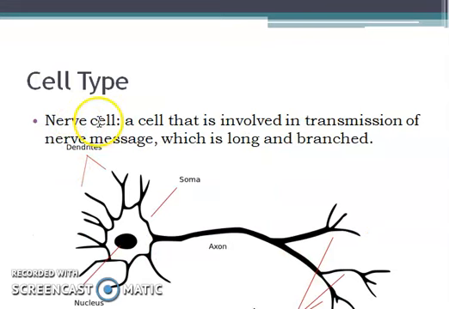We have the nerve cell. The nerve cell ምንለው it's a cell that is involved in the transmission of nerve message. እንደምታዩት it's long and it's branched ነው እዚህ ጋር receive ያደርጋል dendrites ምንለው ከዛ በኋላ axon ምንለው አለ this is the cell body ምንለው ነው